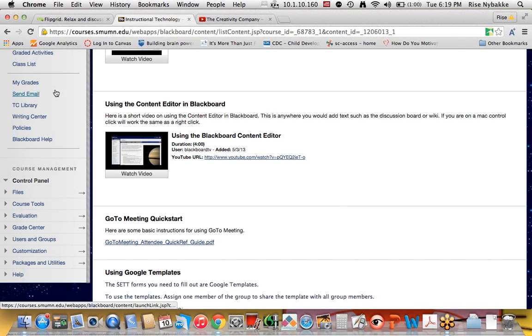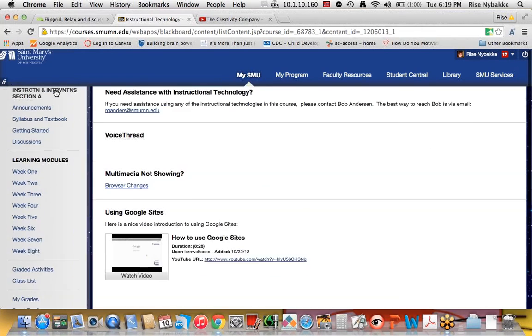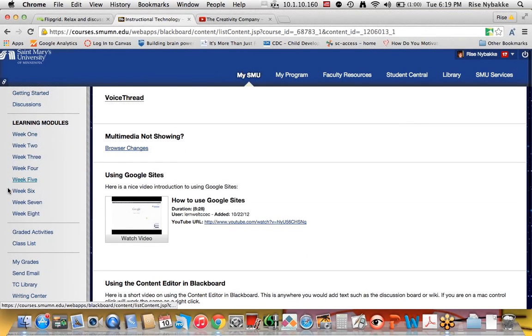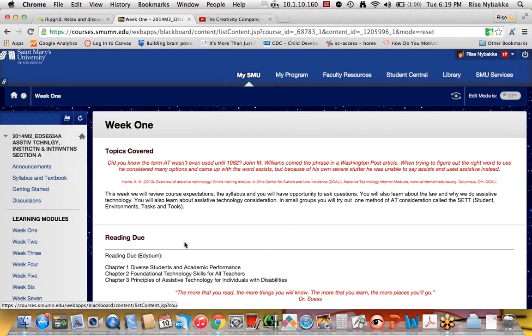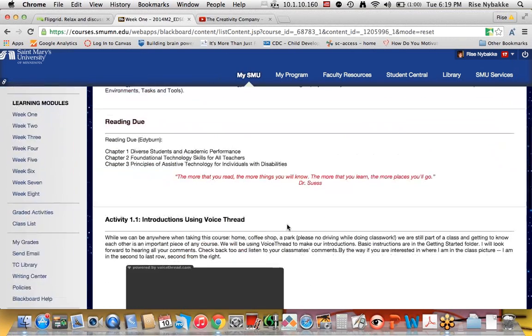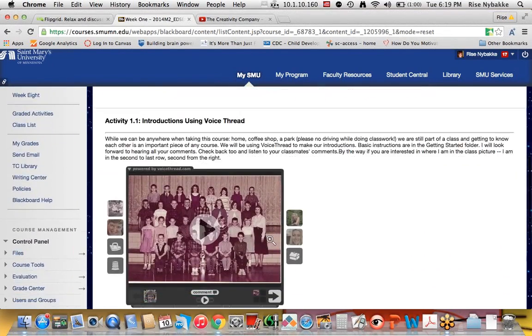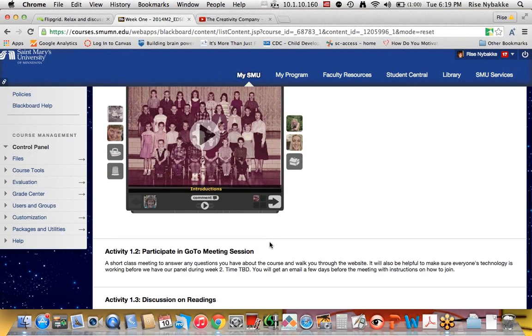And then if we go down the left sidebar, here are each of the weeks. I think many of you have already been here, and this is just going to walk you through each week. I like to occasionally have activities that aren't just discussion boards, because I think discussion boards are a lot of writing, which is not a bad thing.